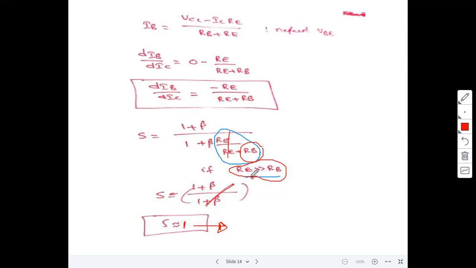But of course, as RE increases in the circuit, the emitter voltage increases. So we require a large power supply. For this type of circuit, this is RC, this is the transistor and this is the emitter resistor. What is the condition? RE very much greater than RB. RE large means the voltage drop across RE increases, so the emitter voltage increases. So for that we require a large VCC, right? That is about the second circuit, the emitter bias circuit.